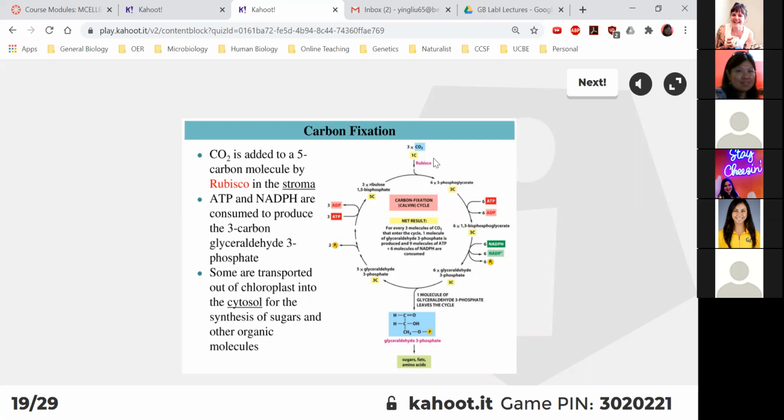The other thing to know is, if you look at the cyclic pathway, all the ATP that was produced during the light-dependent reaction is basically being used over here. So it's very energy intensive. You need 6 ATP over here, and then you need 3 ATP over here. The NADPH that was produced in the light-dependent reaction, you need 6 of them over here to basically donate their electrons